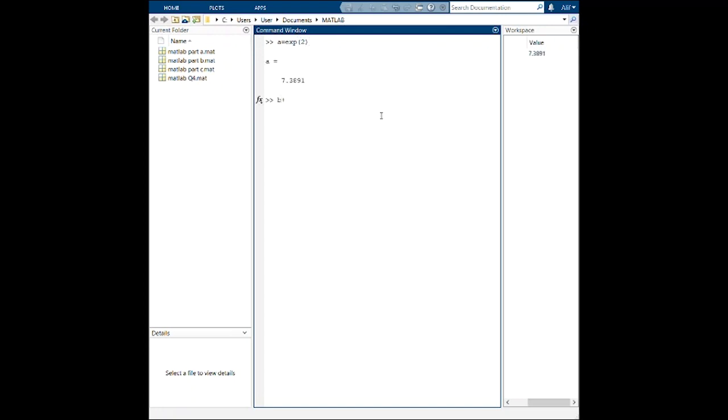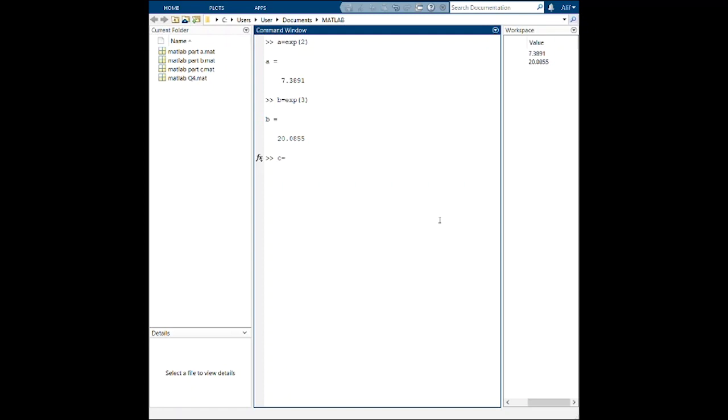Then B is exponent to the power of 3. Okay, after that the question is C is equal to ln E plus ln exponent to the power of 3. Okay, C